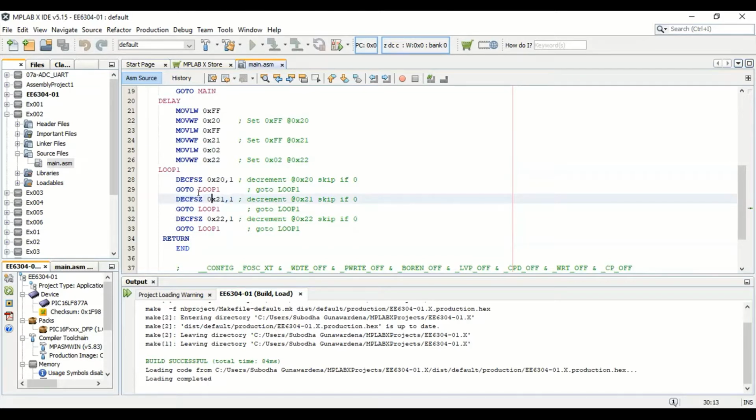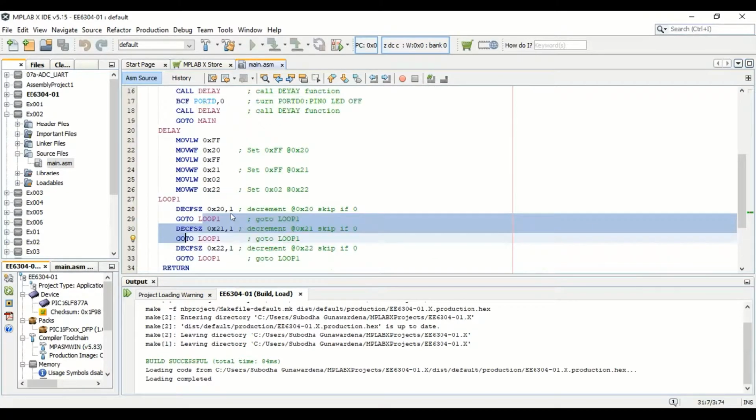So then it will loop back again and come here, and then when it comes, the value will be 0 at 0x20, and when the value is decremented by 1, again it will become 0xFF, right? It will again become 0xFF. So this will run for 256 into 255 into 2 times. So you don't have to worry about it that much, but that is how it works.